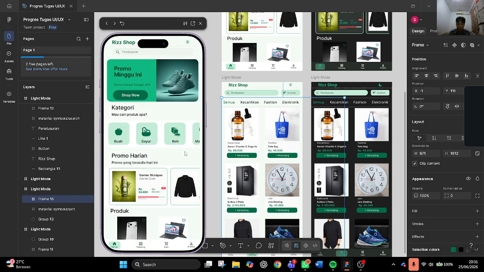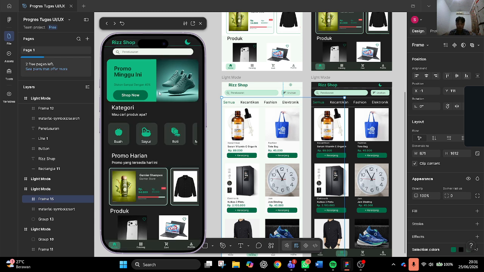Okay, in light mode, the background is white with the green used as the accent color for buttons, active tabs, and highlights. This gives a clean and bright look, which is comfortable to use in well-lit environments. And in dark mode, the background changes to black, while the green accent color is preserved for buttons and active elements, but adjusted slightly to maintain good contrast against the dark background.